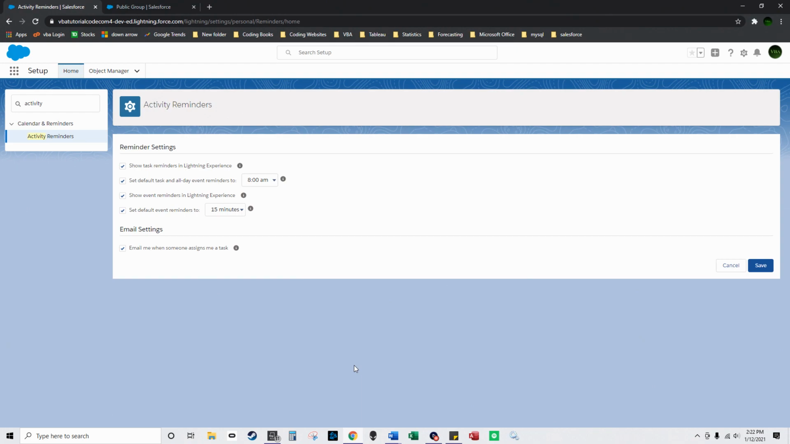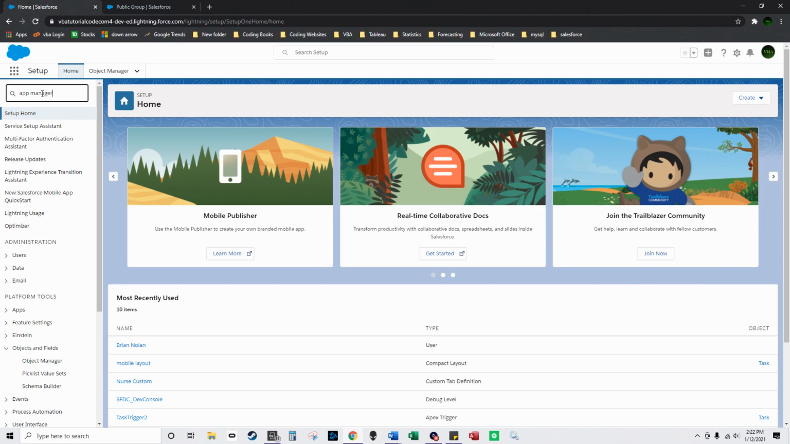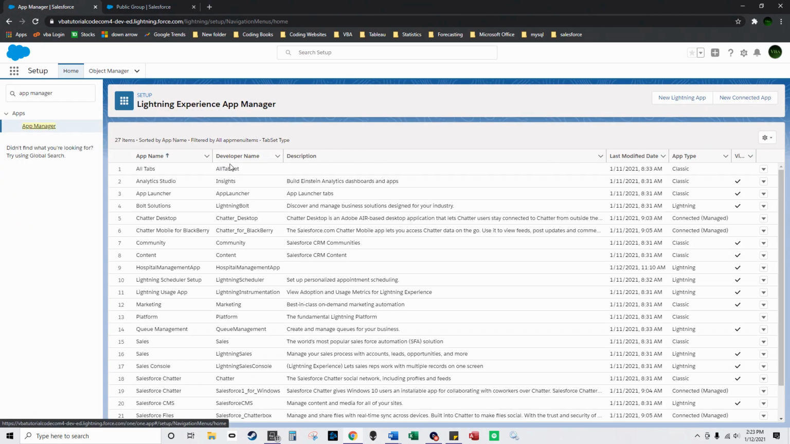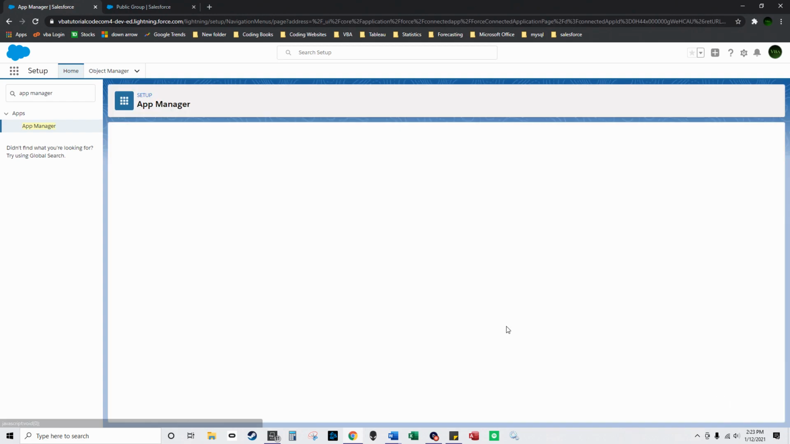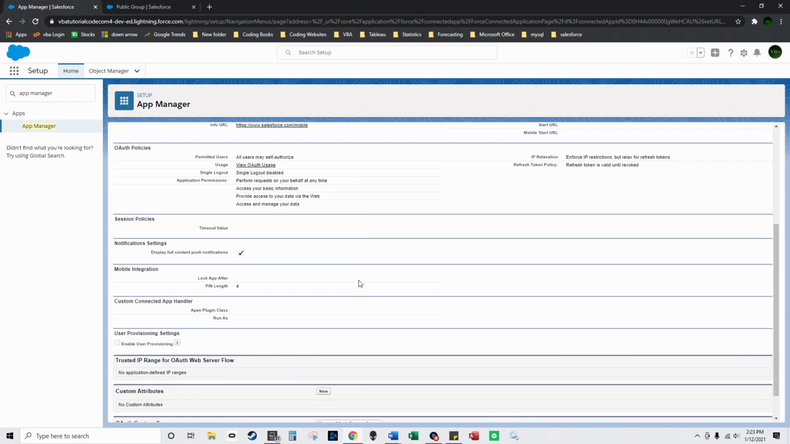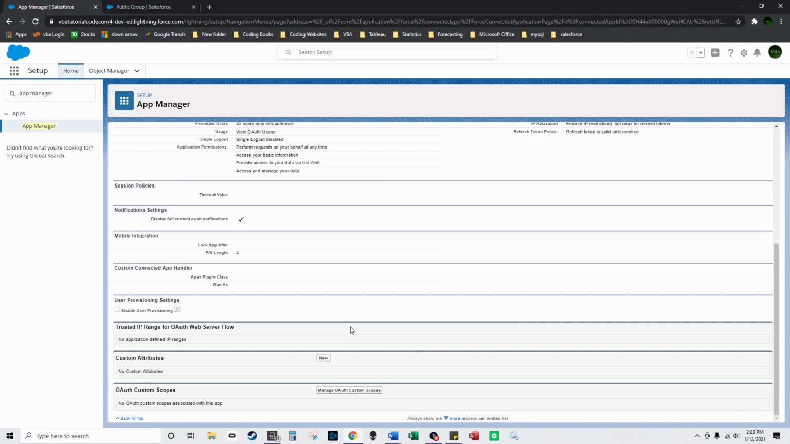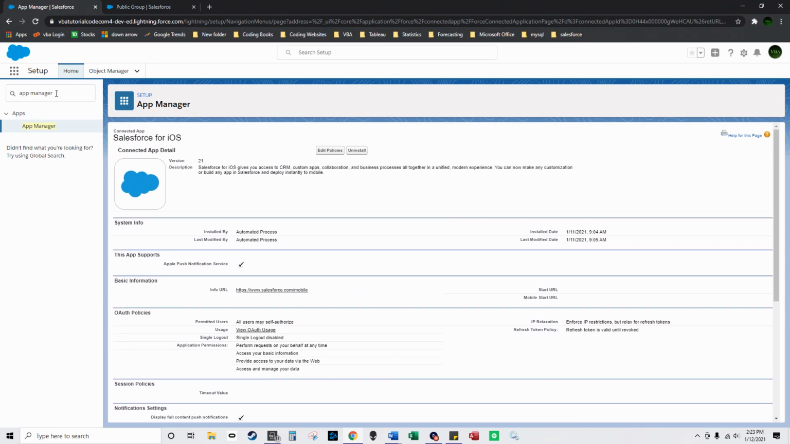In your Salesforce app, what you basically do is go to setup, and do app manager, and you click here, and you're going to do Salesforce for iOS. Right down here you're going to click manage. You're not going to do anything here, but this is pretty cool. And you're going to go to your Salesforce notifications,